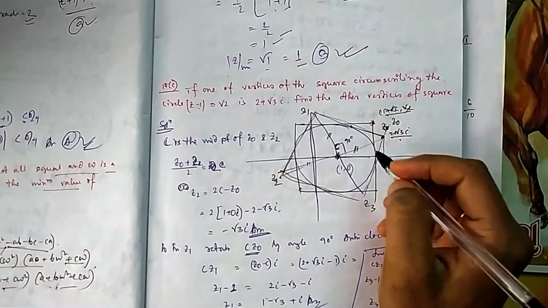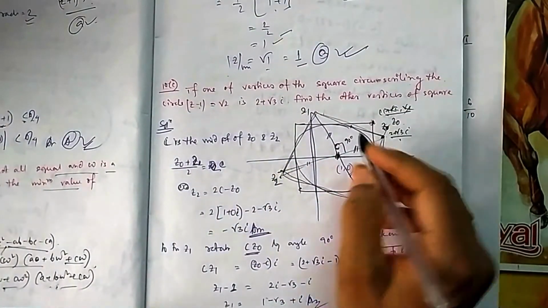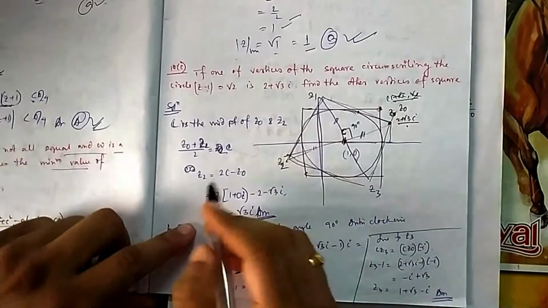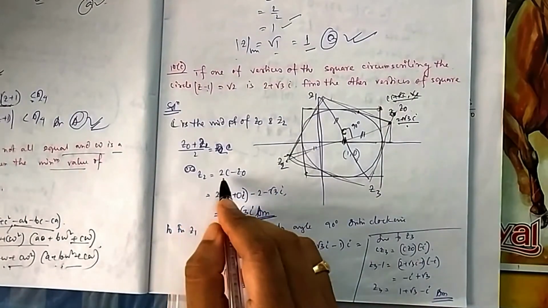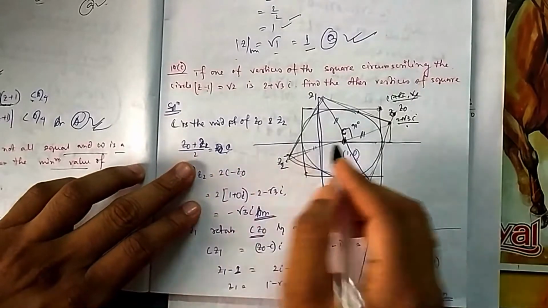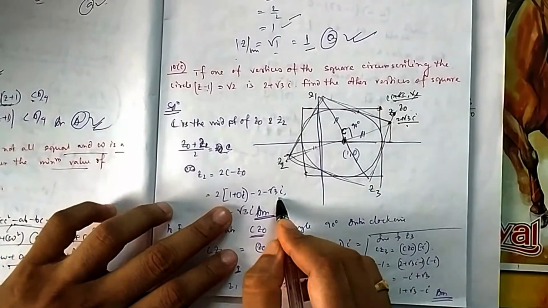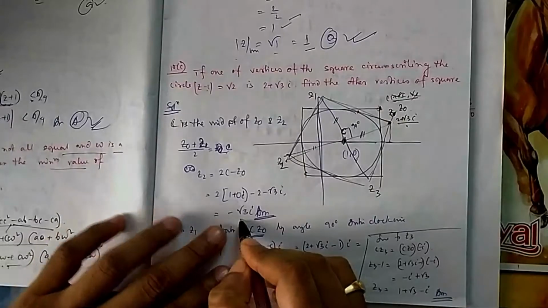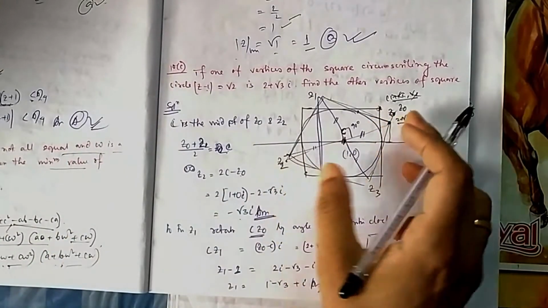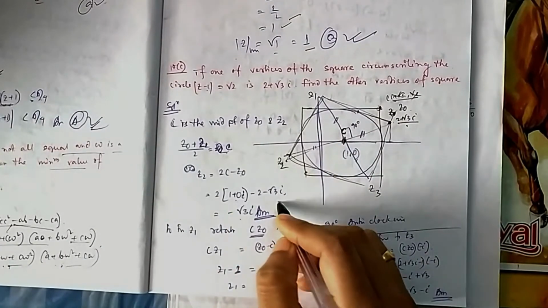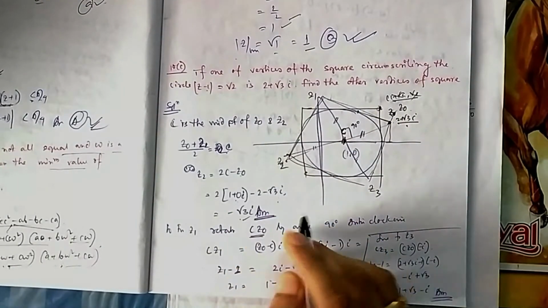The first one is easy because this is the midpoint. So z0 plus z2 divided by 2 gives the center. The center you know. So z2 will be equal to 2 into center minus this. So the center is 1 plus 0, so directly you will get it. That is the benefit of coordinates and complex numbers. In complex you can write it in a single stroke, x and y. So this you got.